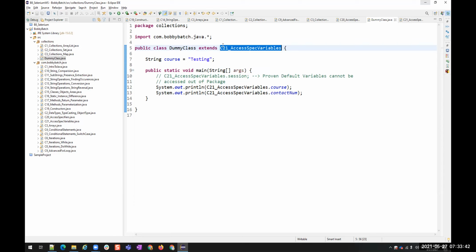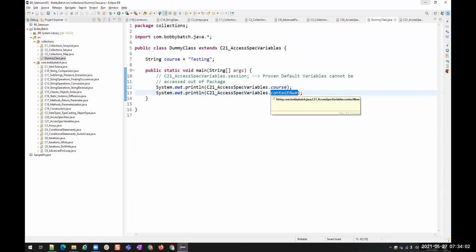And this is the concept of inheritance that we'll see in object-oriented programming in detail. Just for now, remember that this is creating a child class. This dummy class is becoming a child class of this class, right? So though this contact number is a protected variable, now the dummy class has become a child class of C21.